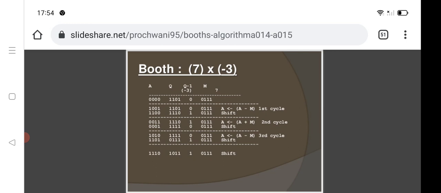If the MSB bit of my A is 1, then it is a negative number. So I need to do the 2's complement for my result. So what is my 2's complement? A value will become 0 0 0 0 1. Q value will become 0 1 0 0. I need to add plus 1 to this one. Your A value will be 0 0 0 0 1 and your Q value will be 0 1 0 1.